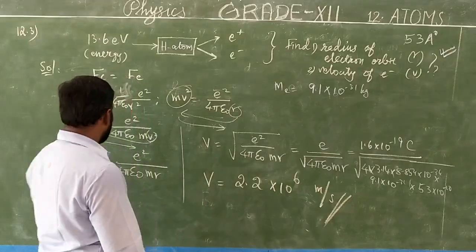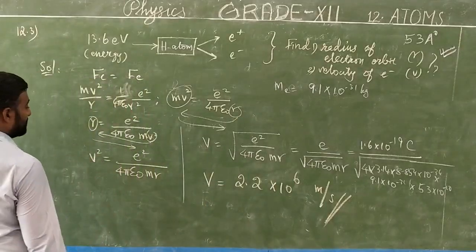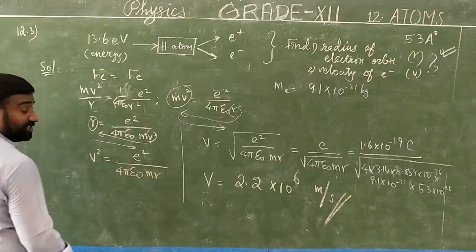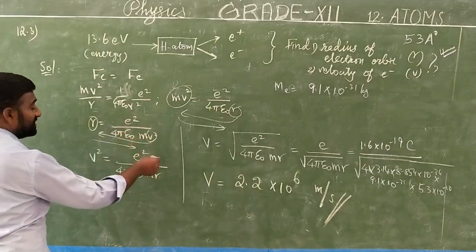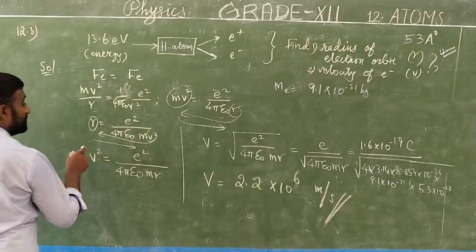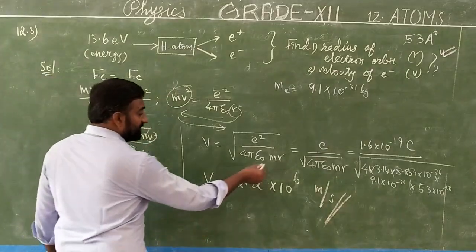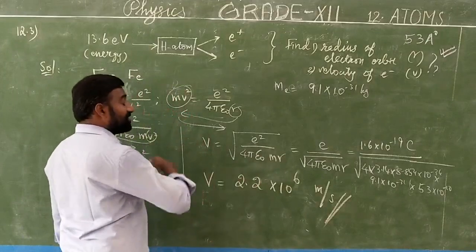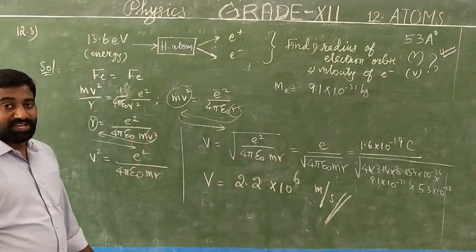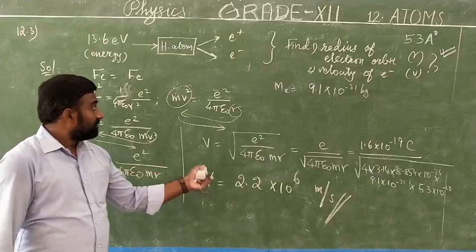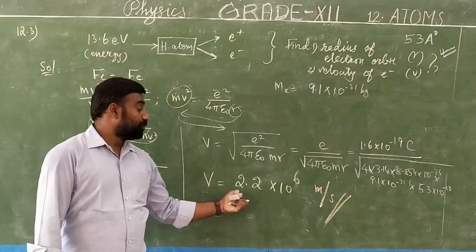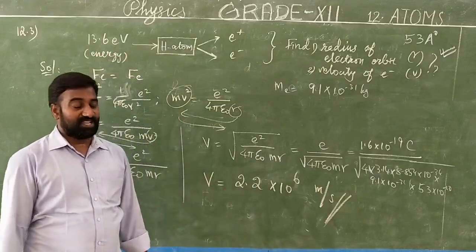We can compare using this formula itself. The velocity and the radius, we compare both values. Both are inversely proportional. The radius is very small, so the velocity should be very high. The radius is in angstroms, but the velocity should be greater. So the electron that revolves around the nucleus of a hydrogen atom, for the particular energy, revolves with the maximum velocity, that is 2.2 into 10 to the power 6 meter per second.